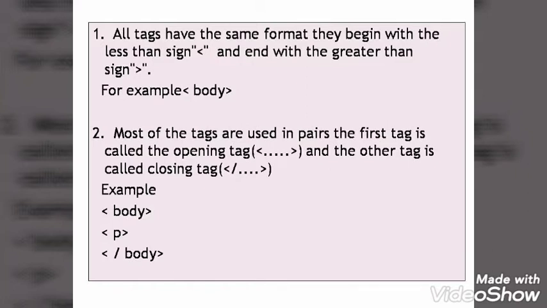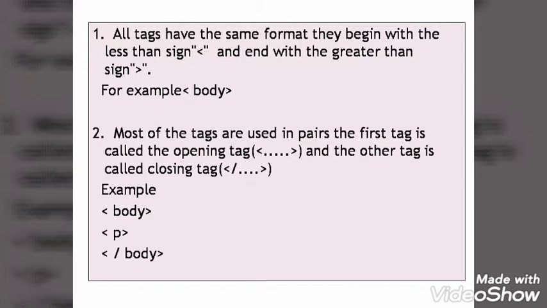Okay, here I have given the example that we have written body in the bracket. Then at the end what we have done, it is closed with the help of slash. In between you can see I have written P also. So this P is one of the type of tag. I will tell you next. P means paragraph. So how it works I will tell you here. You will understand what is P and what is body.